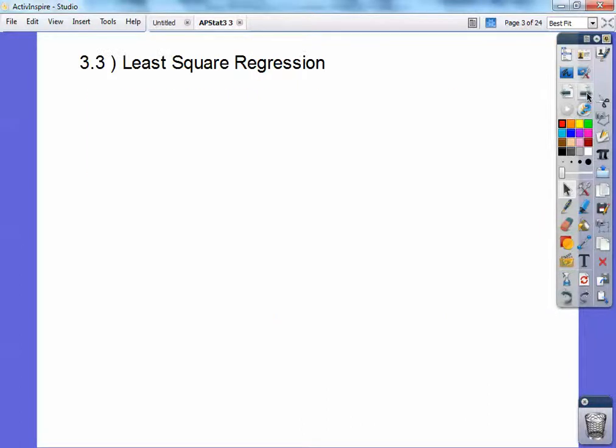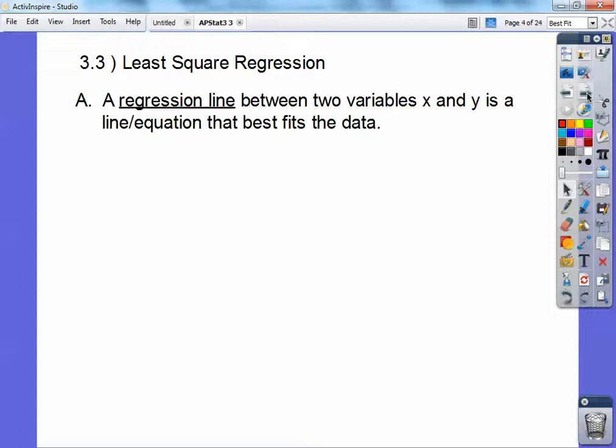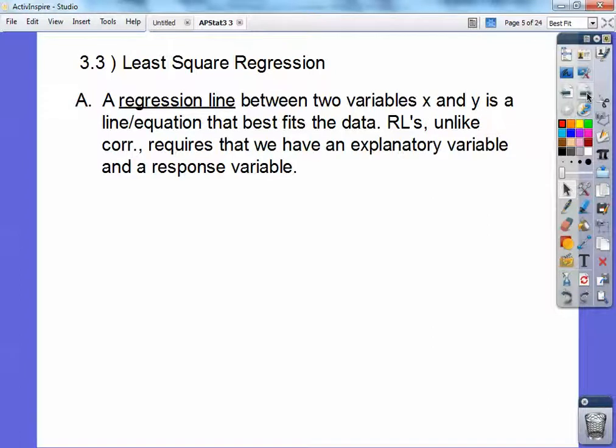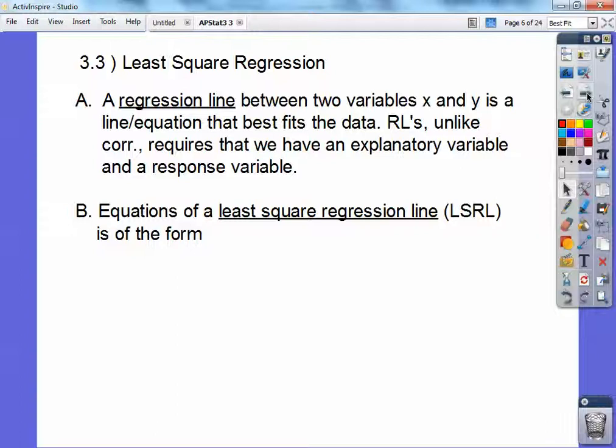All right, so least square regression, you guys. A regression line between two variables x and y is a line, an equation, that best fits the data. Boy, I got tongue-tied on there. So regression lines, unlike correlations, require that we have an explanatory variable and a response variable. Equations of least square regression lines, which we abbreviate as LSRL for least square regression line, are